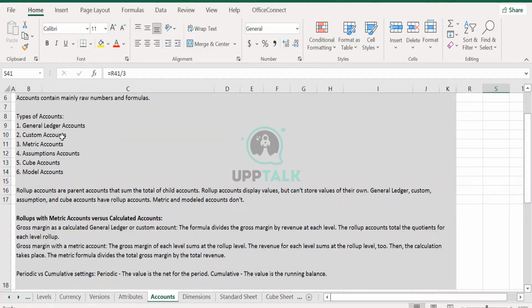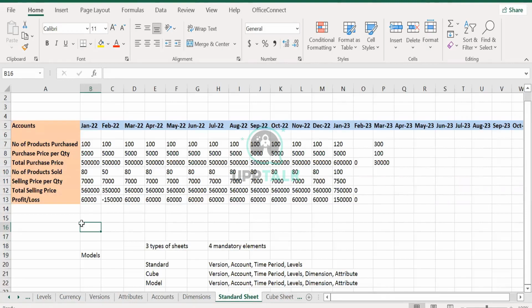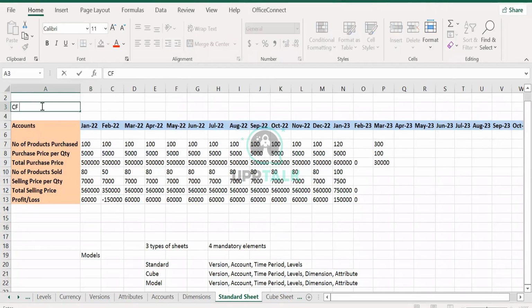But once you understand which account is used, where and why we are using it, then you can build any kind of model. Right now, we are just building this kind of model. We want this sheet to be displayed, and we will name the sheet CF Practice Revenue Sheet. Is this fine?